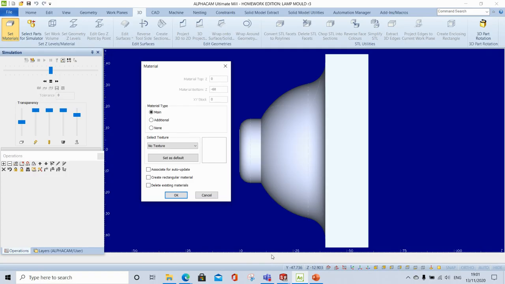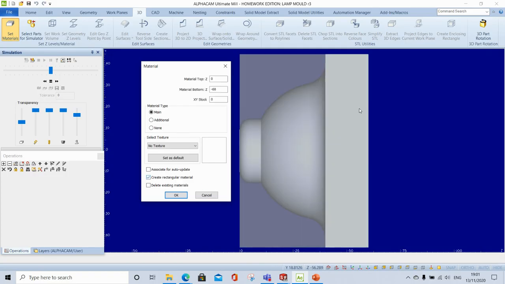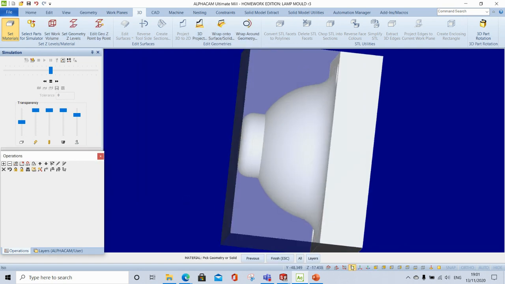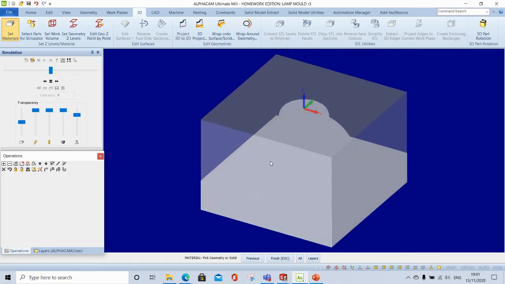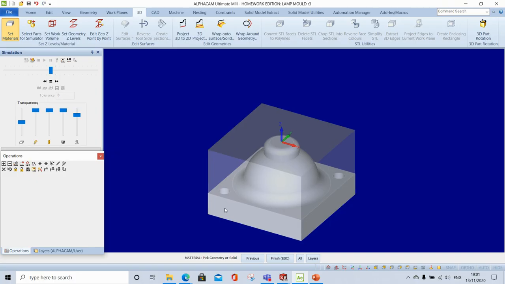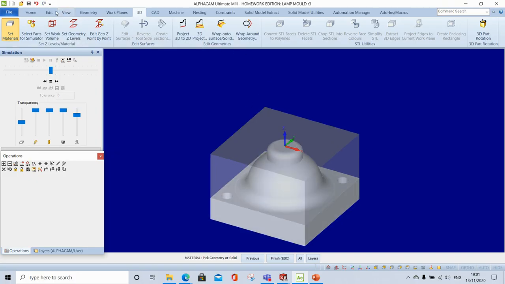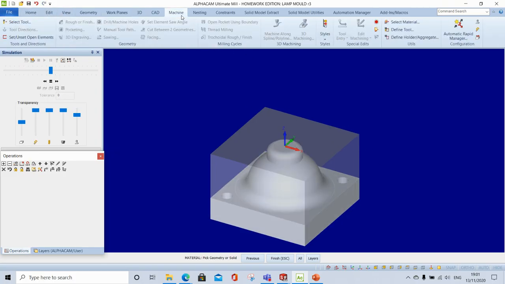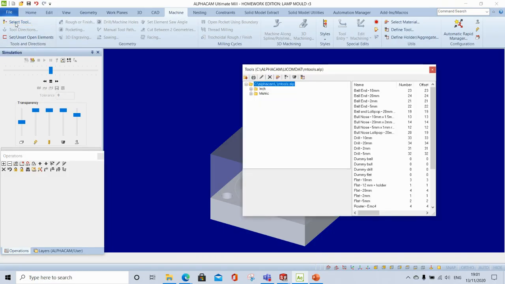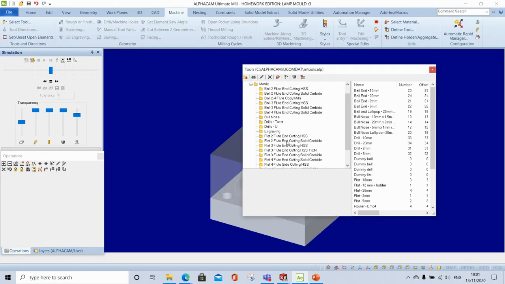Finish. Now I need to make sure that create rectangular material is selected. You can see now that that's created a block. I want Z top to be 2 and we'll go with -60. That's what it's shown here, and click OK. So now you can see that I have a block around my part. There's still no green line, so I can't select anything if I want to go to my machining. So I'm going to select a face mill tool,